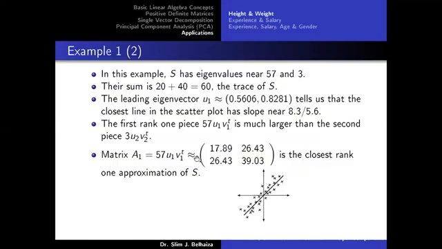Okay, so in my case here, for that matrix, I obtained 2 eigenvalues for S, 57 and 3. And you could check that their sum is exactly equal to the trace. And more than this, I obtained the leading eigenvector, U1, associated to the largest eigenvalue, 57, which is given by